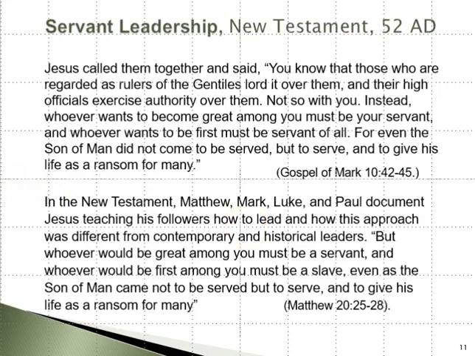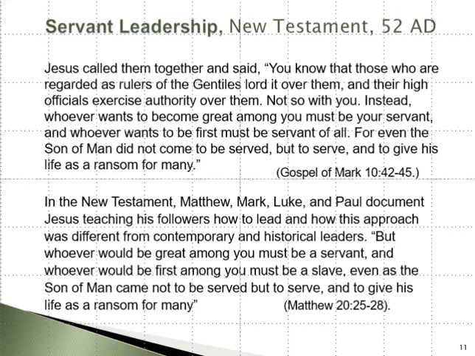Now, for many of us that have heard about servant leadership, they know it from a Judeo-Christian perspective. Specifically in the New Testament of the Holy Scriptures, we see several references to something called servant leadership. Jesus called them together and said, you know that there are those regarded as rulers of the Gentiles. They lord over them, and their high officials exercise authority over them. This is not the way with you, as he was speaking with his disciples.